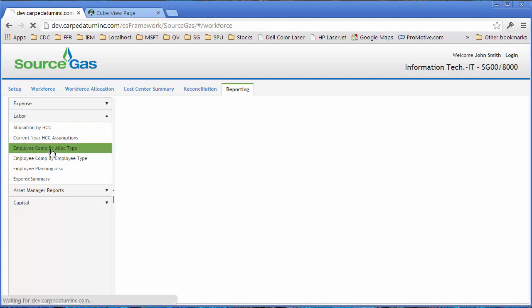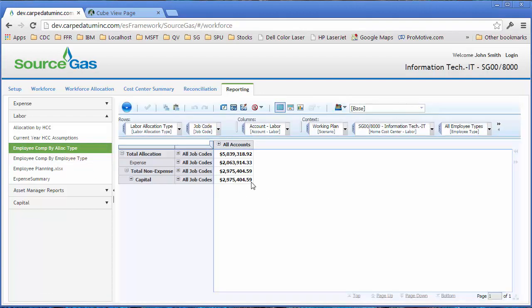So if I want to click a button here, like I want to see employee compensation by allocation type, I can click that button, and what happens is in this window it pops up a TM1 web view, and I can navigate and open up multiple views in this sort of experience. So you get all of the power of TM1 Web combined with all of the guided experience that you saw